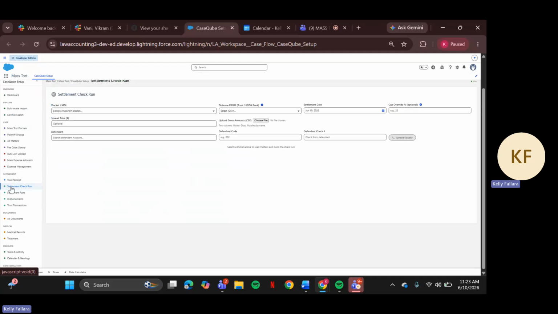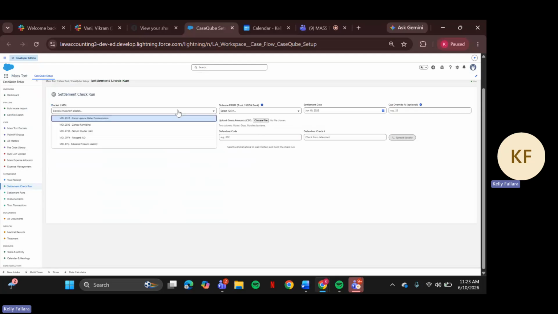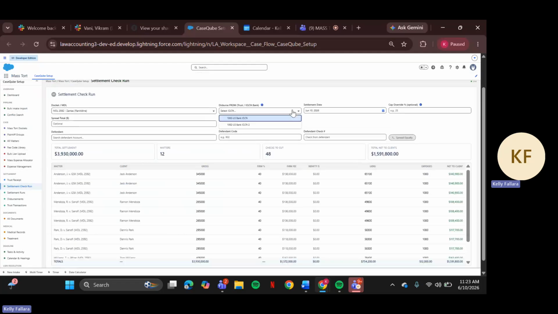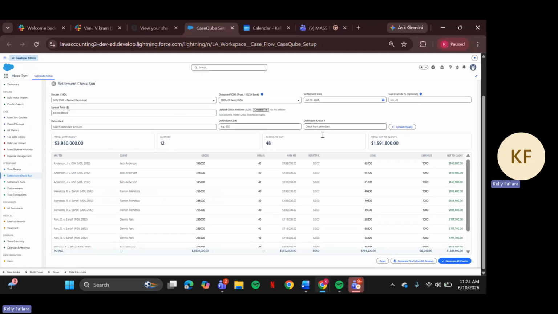So you can spread the total load, or you can upload a CSV directly from the settlement table by clicking choose file. So you're going to fill in the screen, select your bank account. There, you have the option to add a cap override percentage right here. We're going to spread that total, 3930000. Again, option to put the defendant code, the defendant check number, and then it's going to spread equally